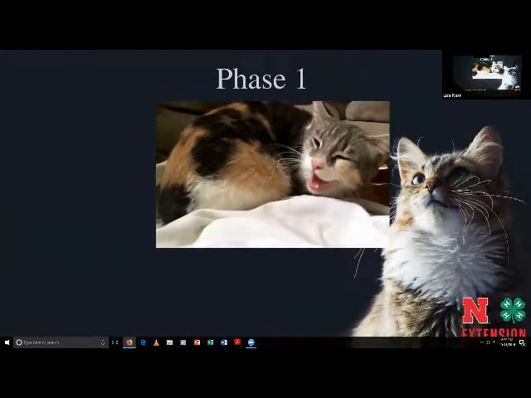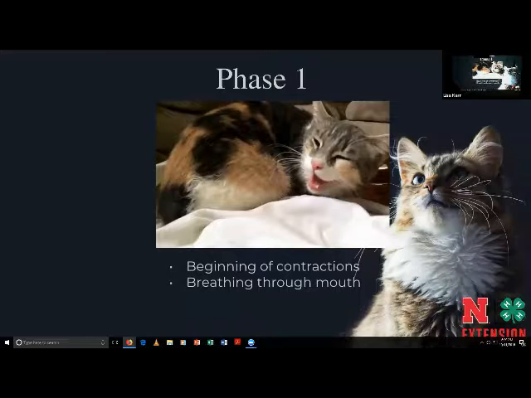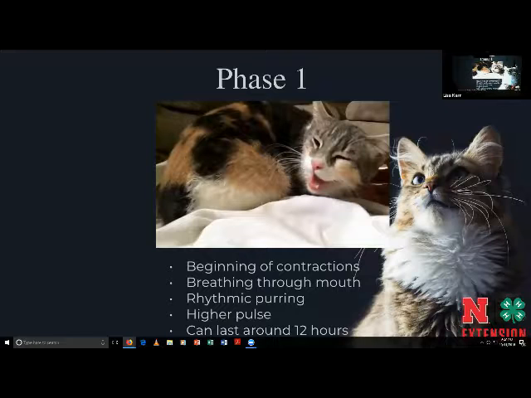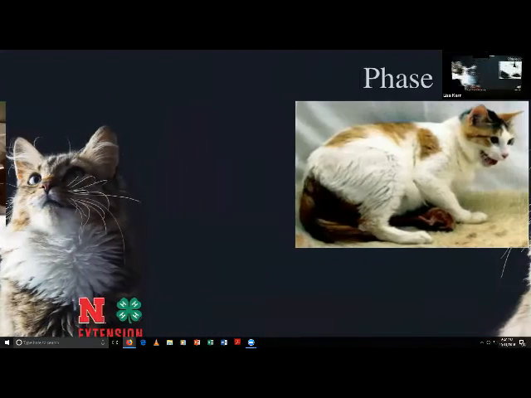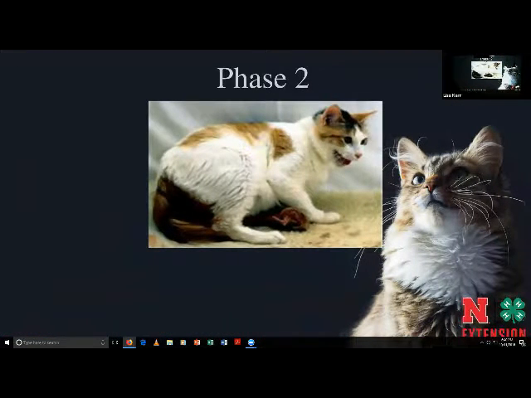So there's 3 different phases for parturition or queening. First you have the beginning of contractions. This is the very first of that. Like I said, that ties in with the rhythmic purring. They'll start breathing through the mouth as they prepare. They have a higher pulse, and this phase can last around 12 hours before they go into phase 2, which hopefully doesn't gross you guys out too much. But this is where your contractions